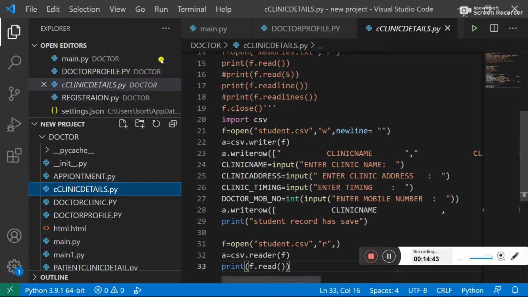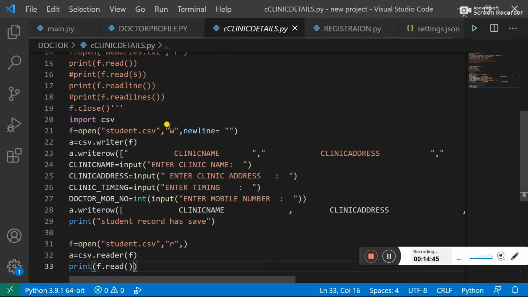In doctor clinic details I am writing the CSV file, and in patient clinic details I am reading the CSV file for taking the clinic details.